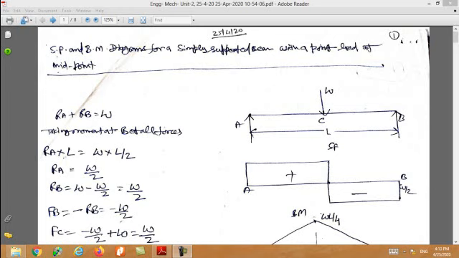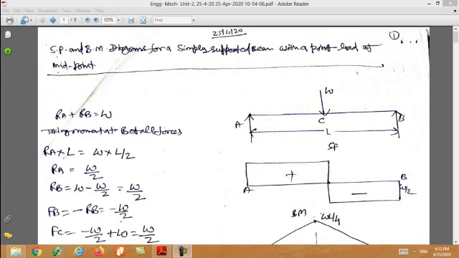Today the topic is shear force and bending moment diagrams. Before drawing the diagrams for different types of loads and different types of beams, first you should know what the different types of beams and loads are. The types of beams, as you know, are simply supported beam, cantilever beam, overhanging beam, fixed beam and continuous beam. And the different loading conditions are point load, uniformly distributed load and uniformly varying load, which were already defined in previous classes.